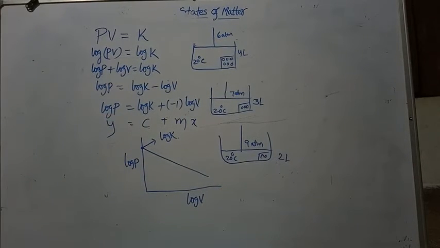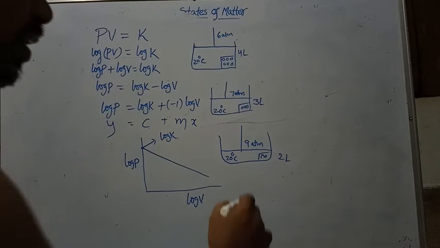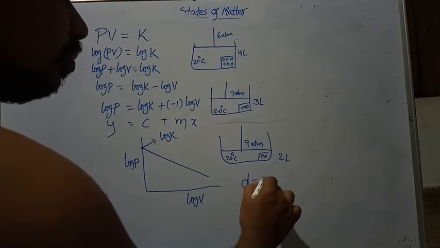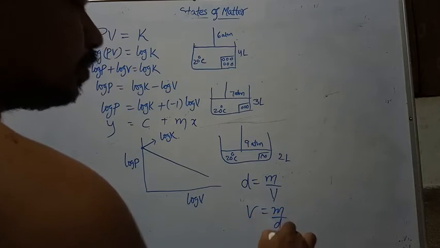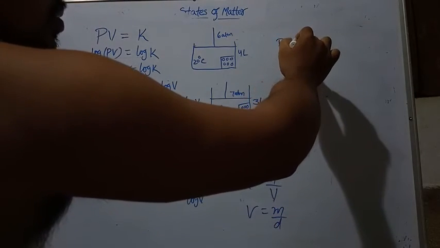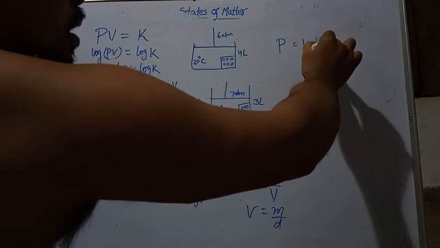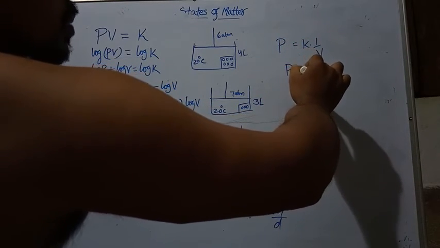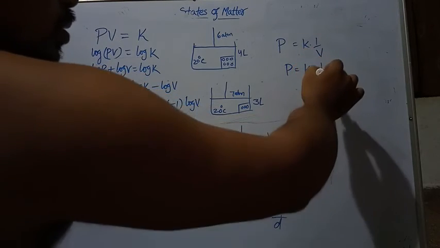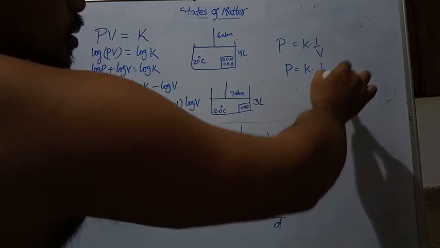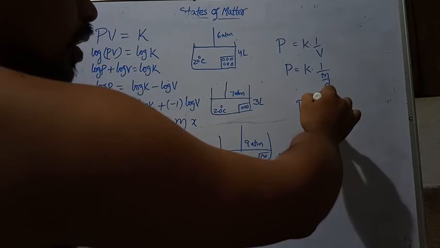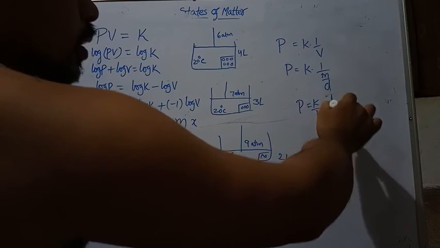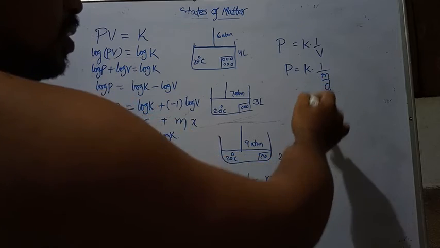Okay, so this indicates that whenever you are increasing the pressure, the density of the gas, what happens? Increases. How can we say that? We know that density is equal to mass by volume. That means volume is equal to mass by density. We know that PV is equal to K, so P is K into 1 by V. So I am substituting that value of V here, M by D. So pressure, it comes to the numerator. So K by M into D. So this term I am taking as constant.